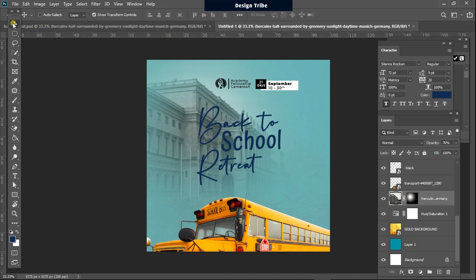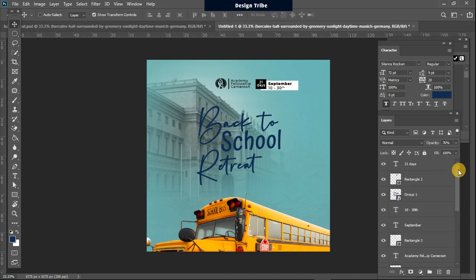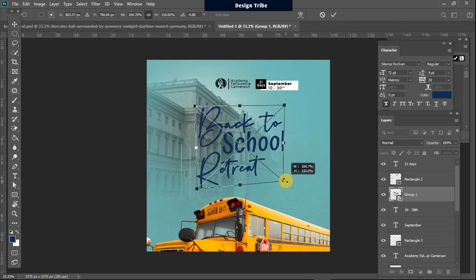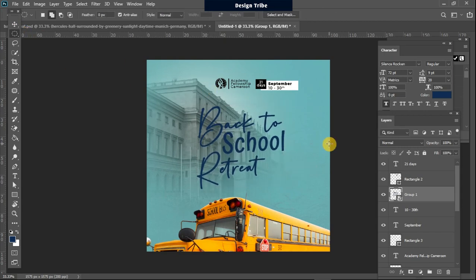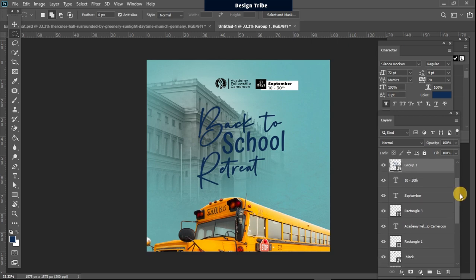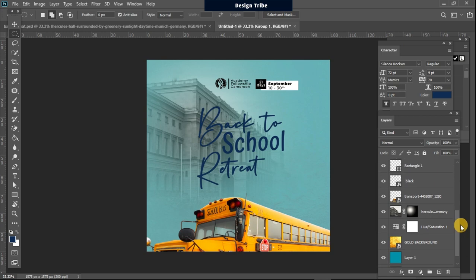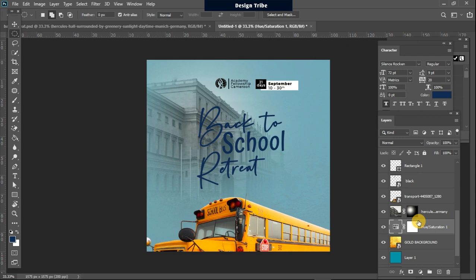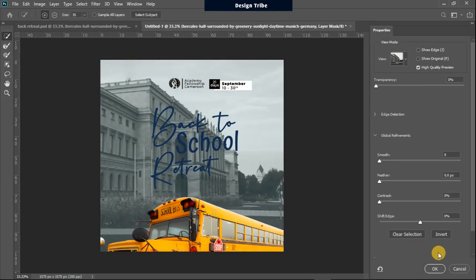Okay, at this point I'm going to increase my back to school text a little. Just increase the size a little, like that. Okay, I think I'll have to modify this color a little more to get the blue. Okay, that's it. Then here I'll modify